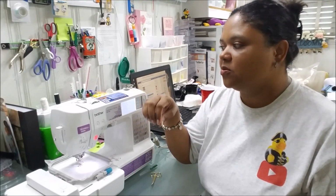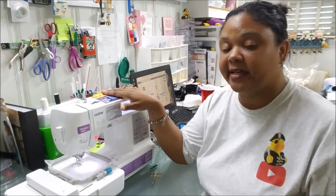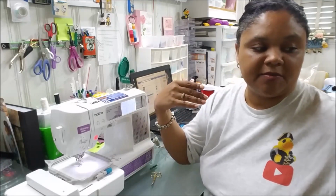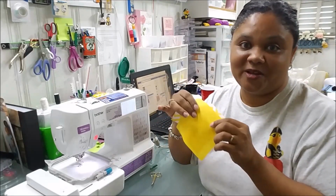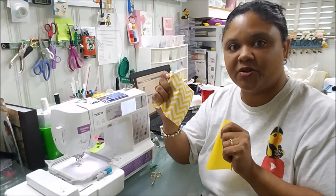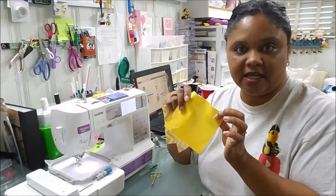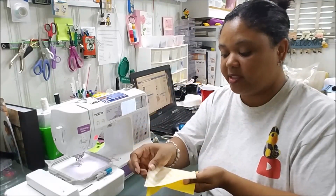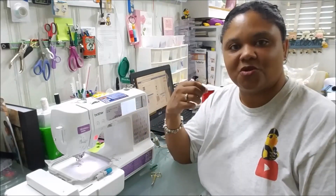Okay, so let's go ahead. I've loaded the embroidery thread in the color of the primary fabric that I'm using, which is yellow, because it does remind me of Crayola crayons. So the chevron pattern I'm using as the liner, and the solid yellow I'm actually going to use as the outside of the bag because I want the face to show through,